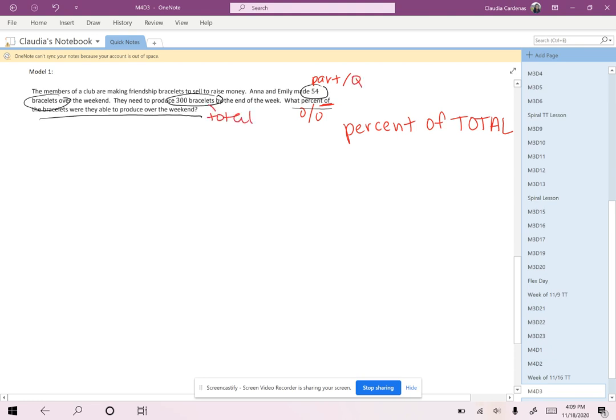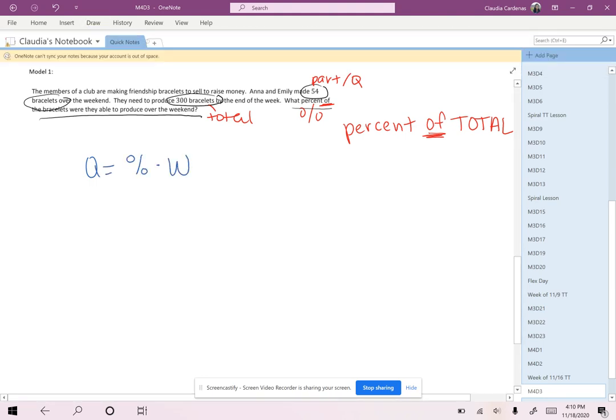And that's going to be super important because we are going to be looking at different situations. So our eye needs to look for the percent of to determine the total because it will come directly after that phrase, percent of. So for another stamp, to find the total, we look at the question and read it as the percent of the total to identify which will be the total, the whole amount. Now that makes 54 bracelets over the weekend as the part. So now we can begin substituting